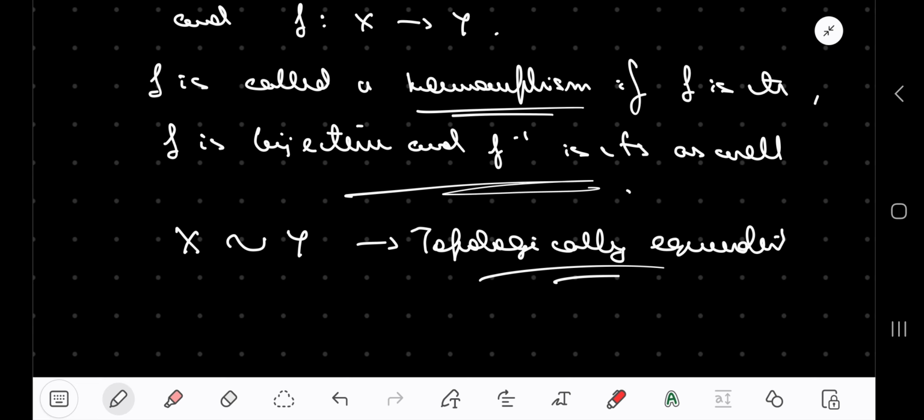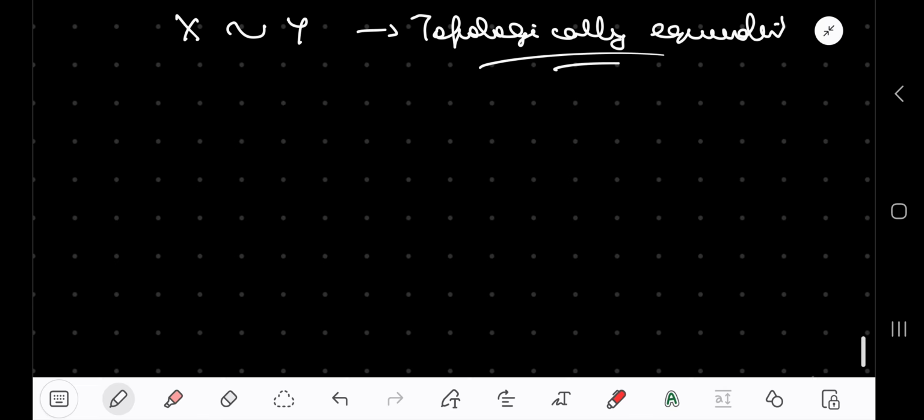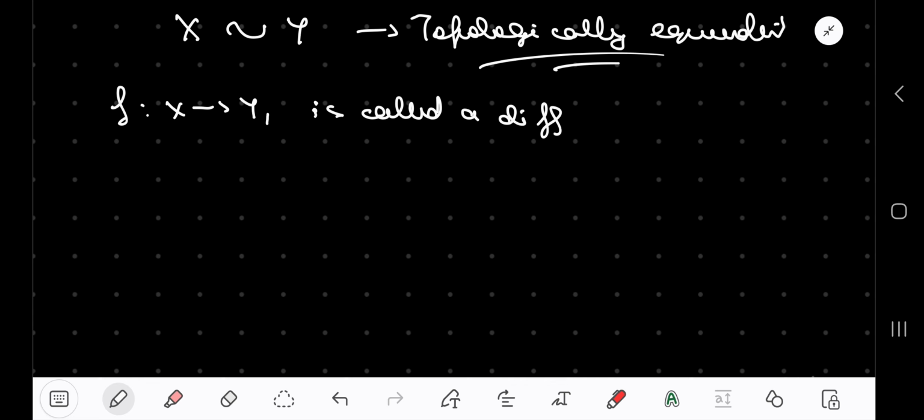So what I want to do is get hold of a stronger notion than homeomorphism whenever we talk about differentiability. So here comes the notion of what we call a diffeomorphism. So f from x to y, x and y are still Euclidean spaces, is called a diffeomorphism,